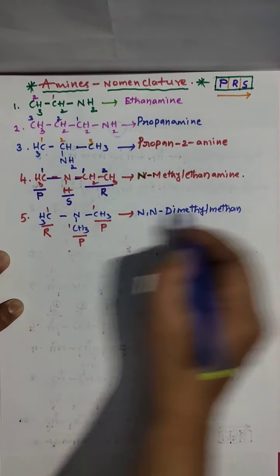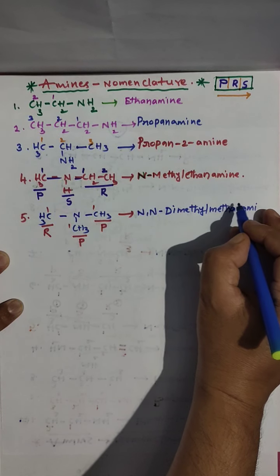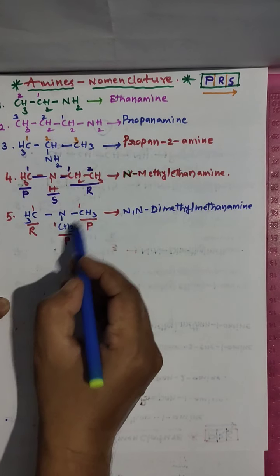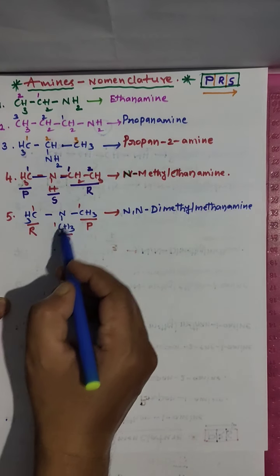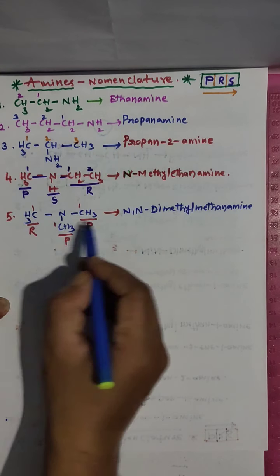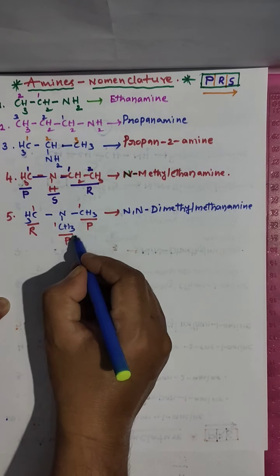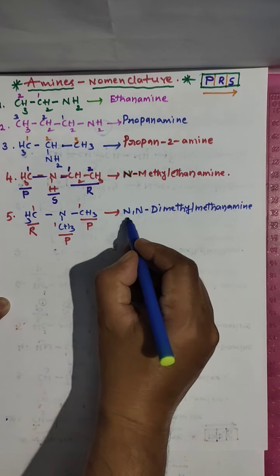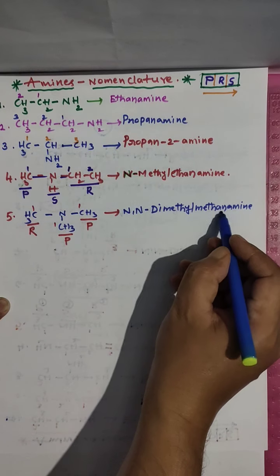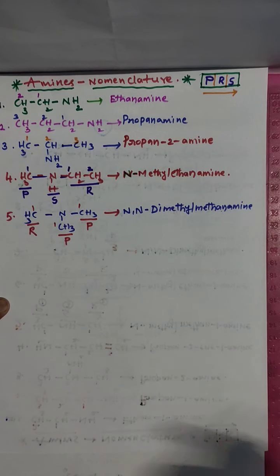And now we have an amine, methanamine. What are we calling it? Methanamine. Clear? So we have 1, 2, 3 carbons, all single carbon only. That's why you have to take 1 carbon as the parent chain. The remaining 2 carbons you have to take as prefix. So first the prefix. We have 2 prefixes, that's why N comma N dimethyl, and the root word methane and amine. N comma N dimethyl methanamine.